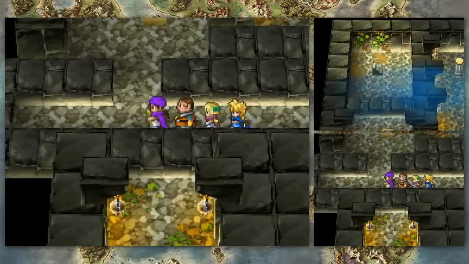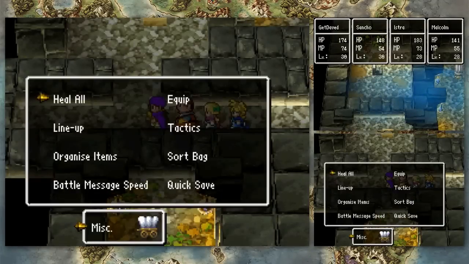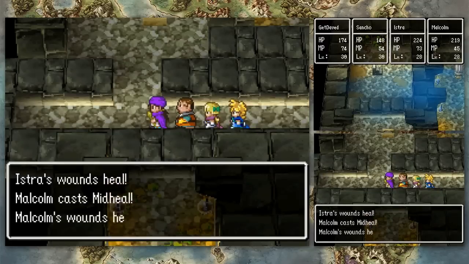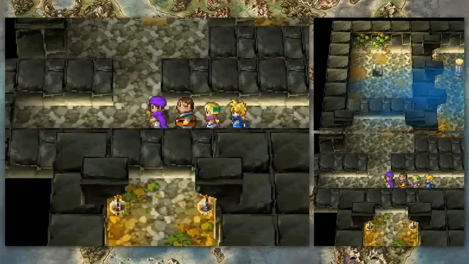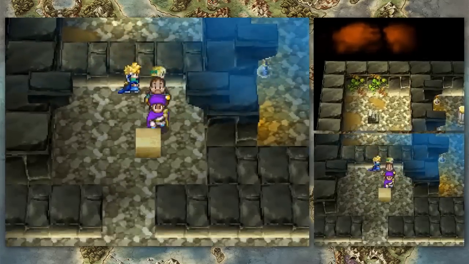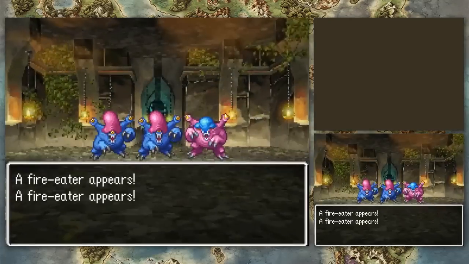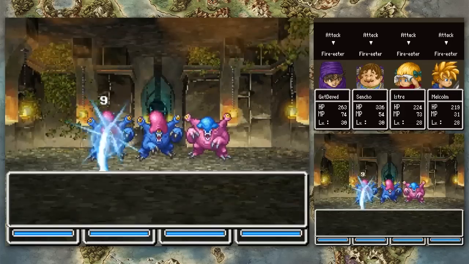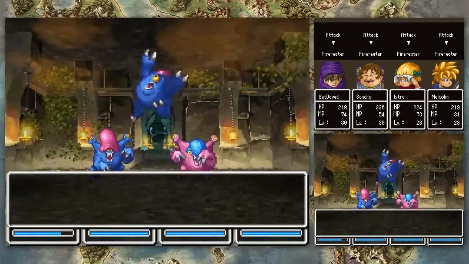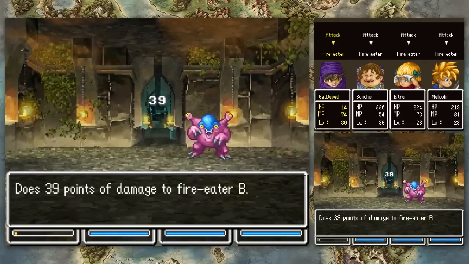Jeez. They just can do quite a bit of damage output. In our attempt to completely deplete Malcolm's MP. Wish there was a bit more balance into how it picked who healed. So if we come across another liquid metal enemy...